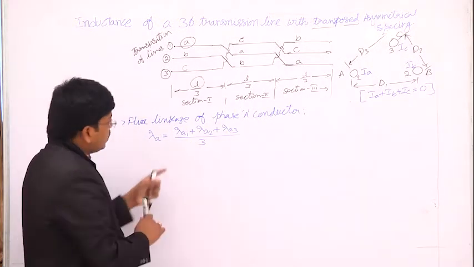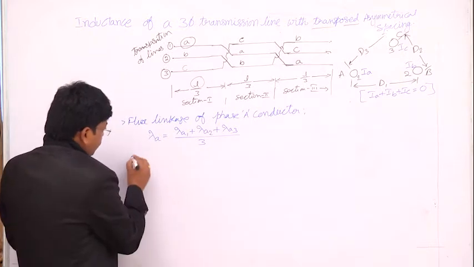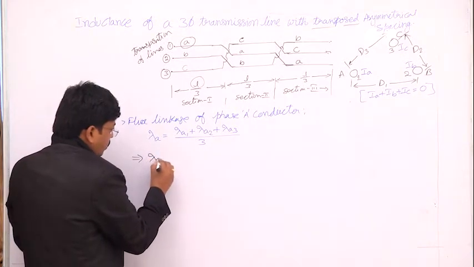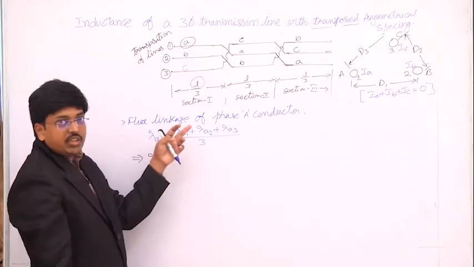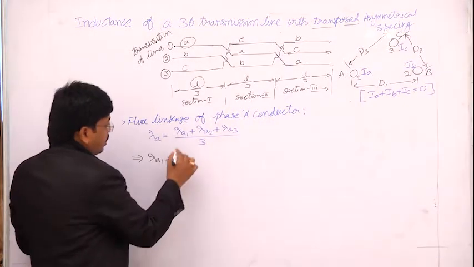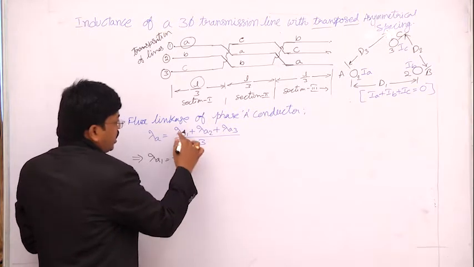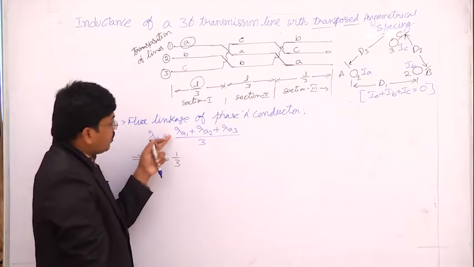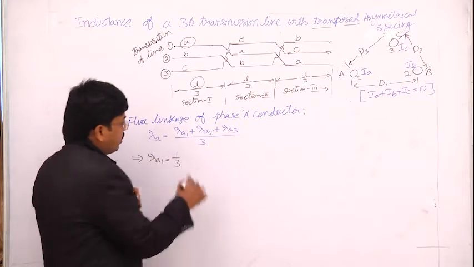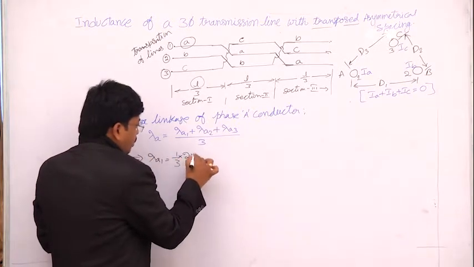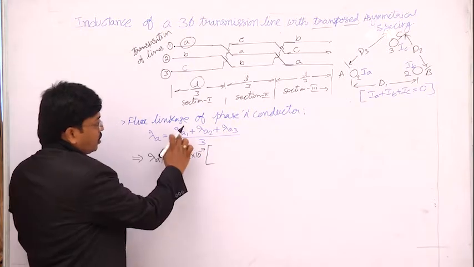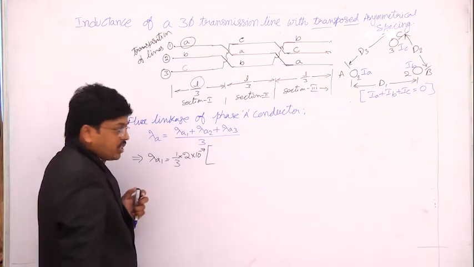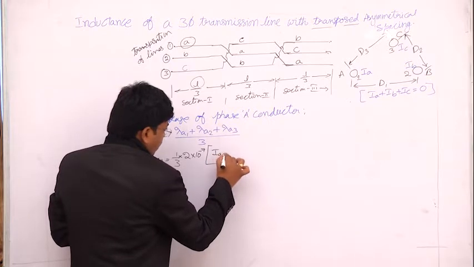This is the average value. So we can substitute the values of lambda A1, lambda A2 and lambda A3 from equation 1, equation 2 and equation 3. If you observe all the equations of lambda, the factor 2 into 10 power minus 7 is common. I have taken 1 by 3 outside and substituted the value of lambda A1 from equation 1,